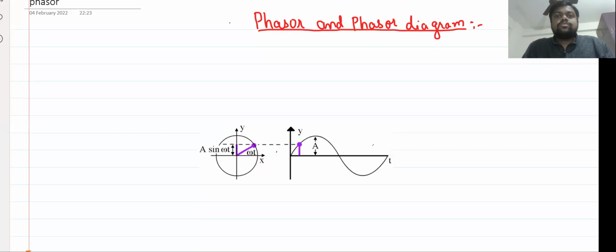Hello. So in this lecture, we are going to study phasor and its diagram. You can find the application of this phasor in so many different chapters of physics as well as engineering, electrical engineering, electronics engineering as well. You can find its application in simple harmonic motion, where complete simple harmonic motion is basically a sinusoidal wave. You will also find some application in waves chapter also,